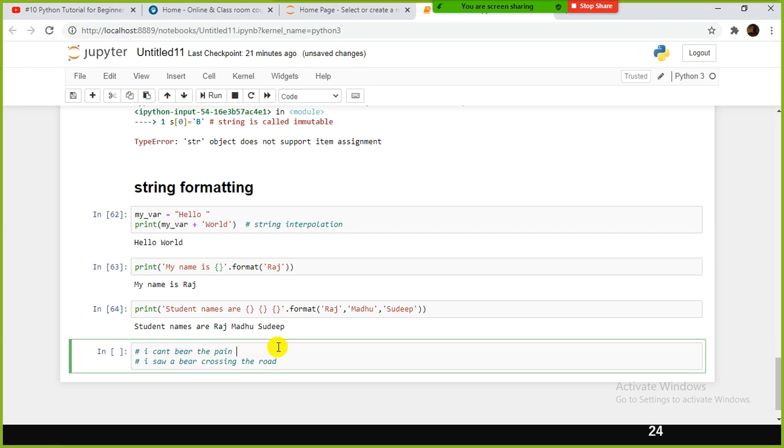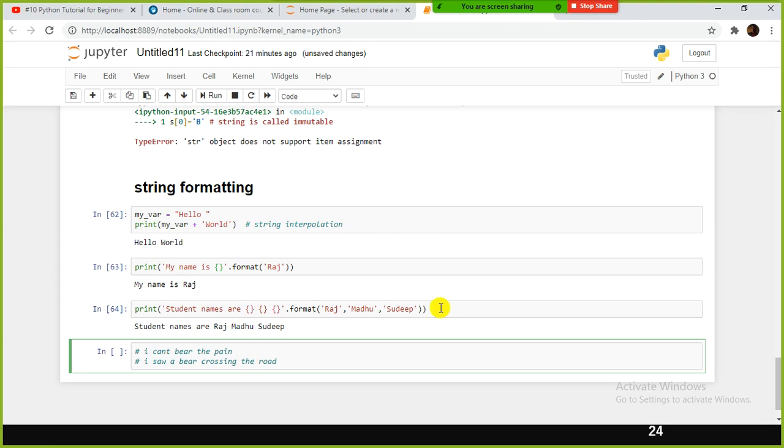So when you use the chatbot and all, using regular expression, we take only the important words. The more frequent words we will remove, we'll discard, and also we'll try to find out the semantics of the sentences, whether the bear in this sentence is a noun or verb. Okay, that is a different thing.